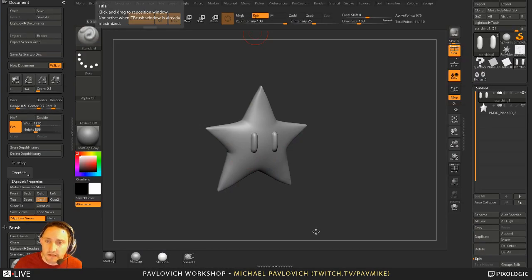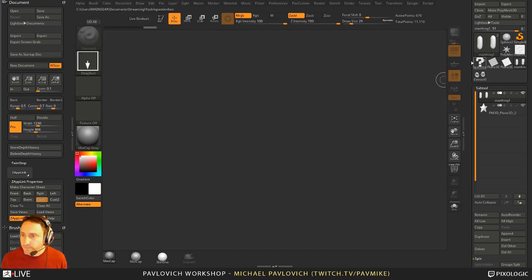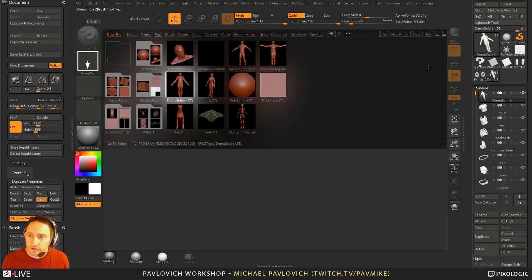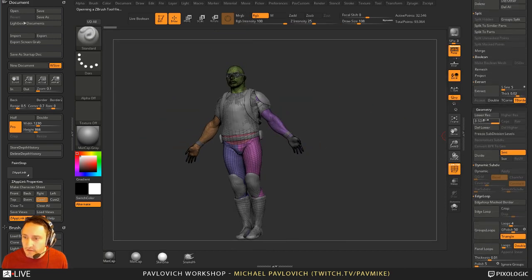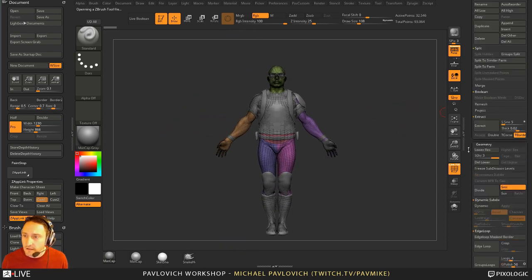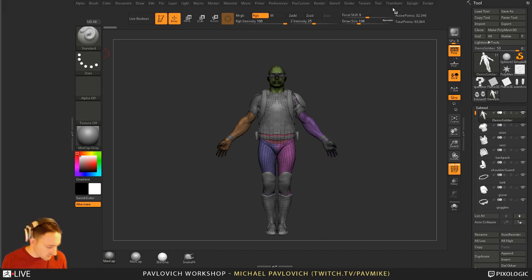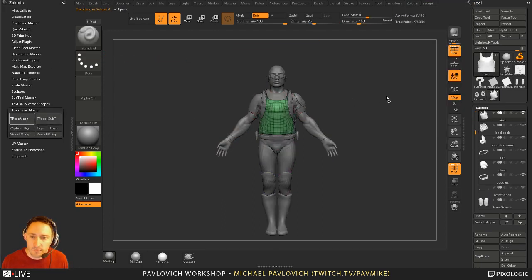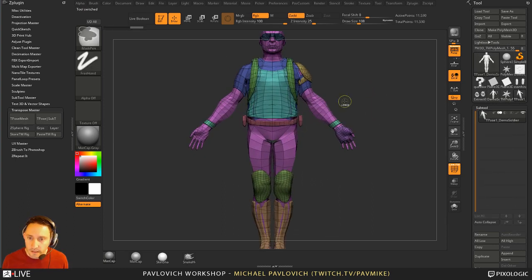It's pretty simple. In fact, we can just do a really quick demo before we head out. So if you go in here, turn off live boolean, go to edit mode, and we go into our comma key here, tool, and you've got Demo Soldier, and Demo Soldier has a bunch of different subtools on here, and he also has a bunch of different subdivisions, so there's detail on there. All you need to do with all these different subtools here, go over here to Zplugin, Transpose Master, hit TPose Mesh. That's going to put him all into one mesh here, so we can turn on X symmetry if we want to, and we can go ahead and just start